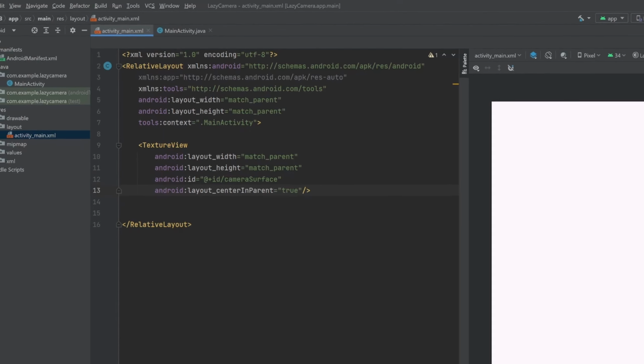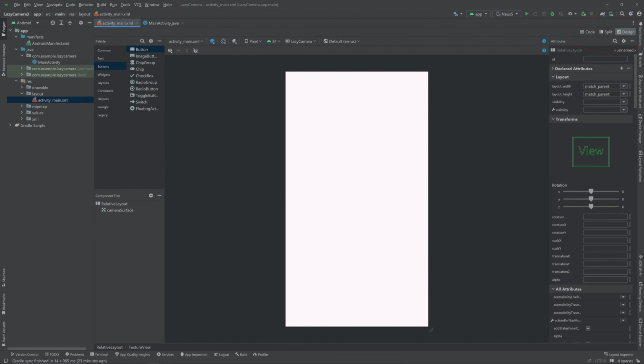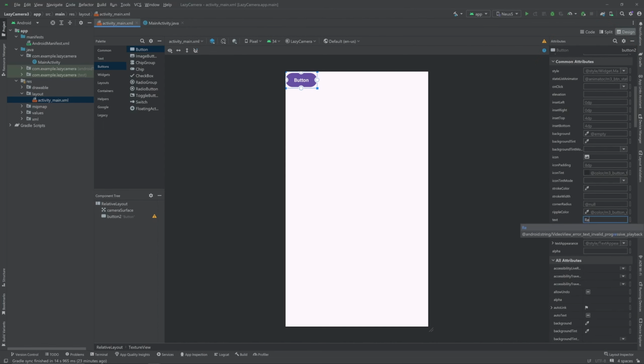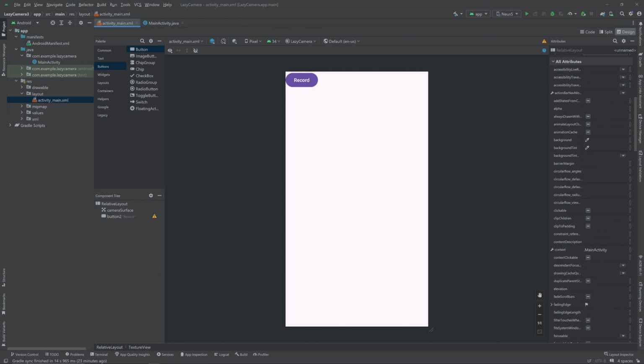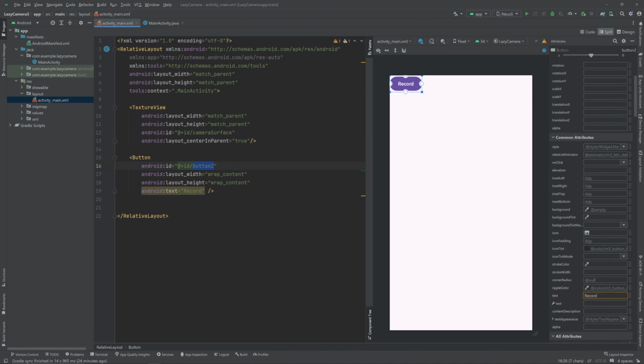There's another way to add an element and not just by code. You can just go back in the design, and on the left you will see there's a lot of options of what you can add. We'll add it. It will automatically put it in the upper left corner. And you will see at the right, you can then adjust the properties of it. We can change the name to record. Personally, I just find it easier to use the code. Record